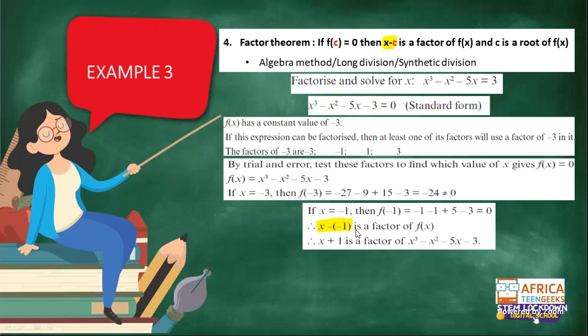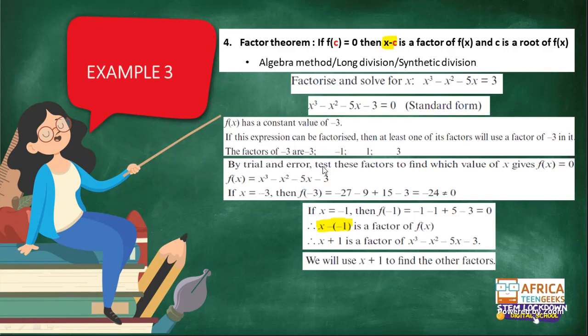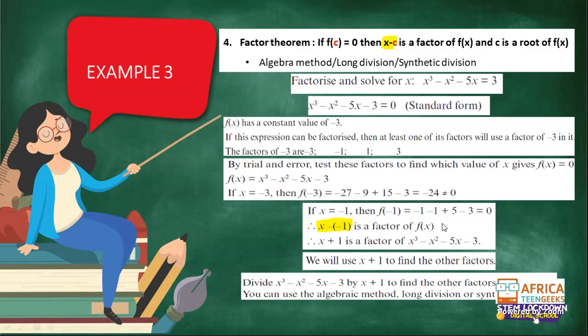Once you find your factor, you can use either the algebra method, long division, or synthetic division. Whichever method is easy for you, use that method. What we are simply doing is, if you found a factor, then to get the quotient or the other value that you'll multiply with. Because for example, if you have